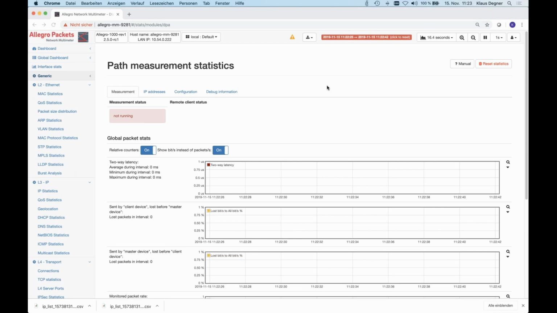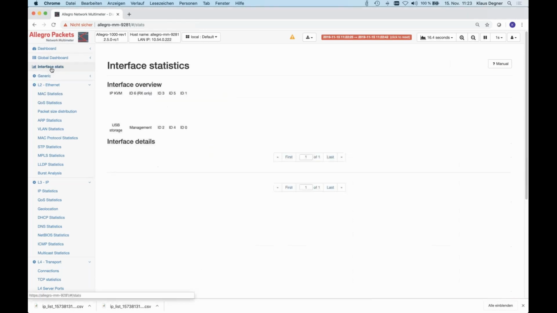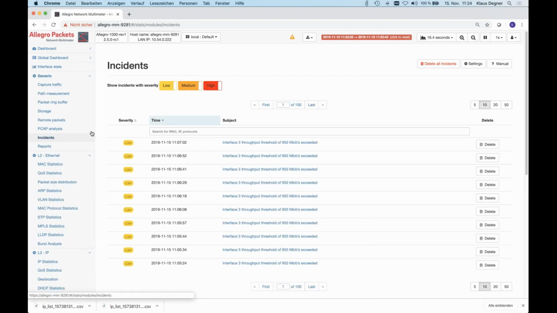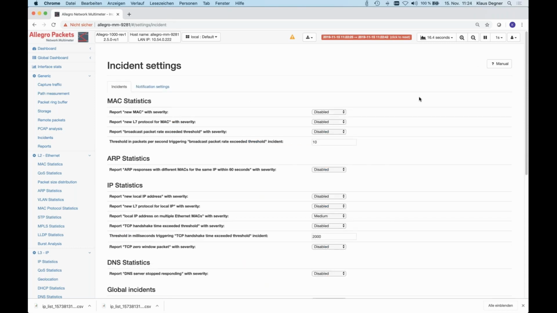Next item in the list, we have seen many installation issues where the interface was a mismatch. So we had 100 megabit on one interface and gigabit on the other. And if you are running in bridge mode, well, then one side could send more traffic to the Allegro than it could send to the other end. So we show now immediately that there's a link mismatch. We also added incidents for that. So if one link goes down from gigabit to 100 megabit, or it goes offline, we can show that now in the incidents. So let me show them here.